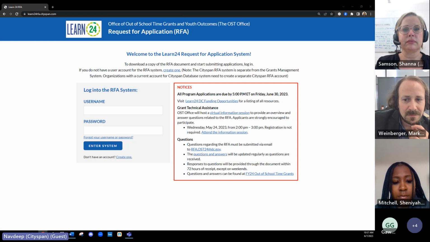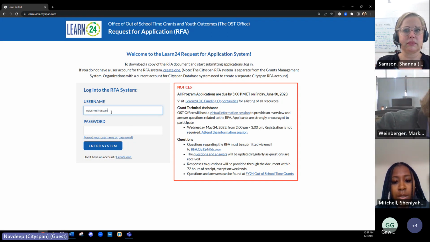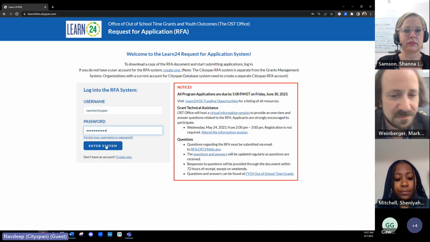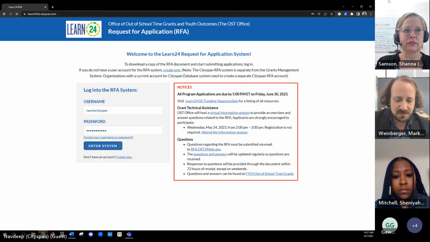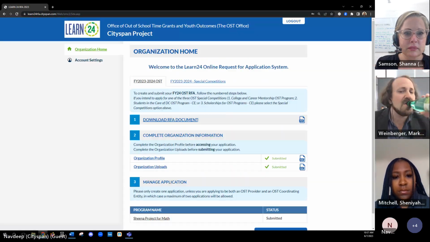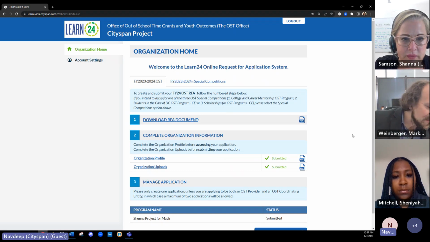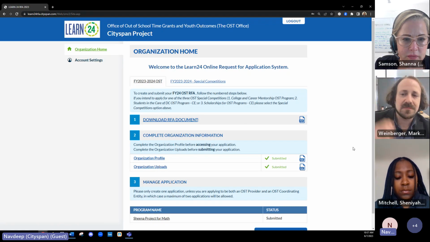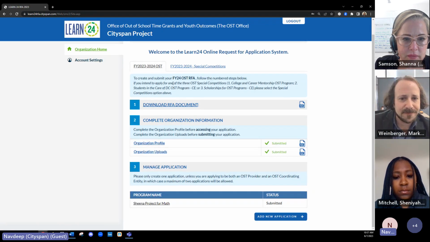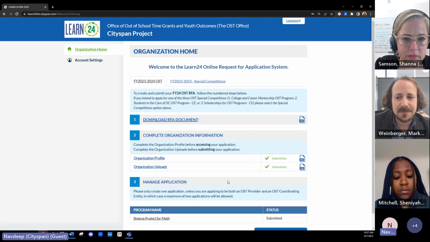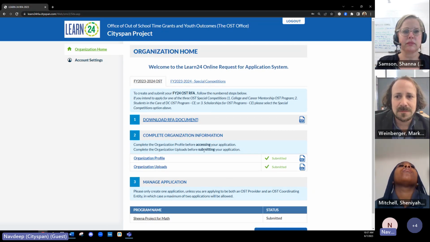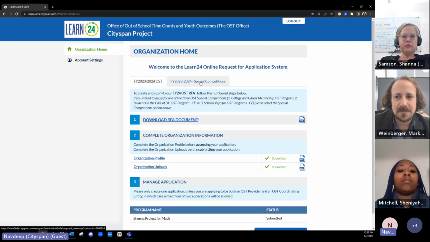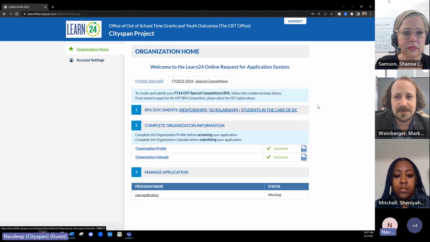So I'm actually going to log into my existing account so I can show you how the new workflow works for the special competitions. So here's my username, password, and click enter system. All right. Once I've entered the system, you will see by default, I will land at the 22-24 OST RFA page. So you can see I submitted my RFA for the OST, and I now want to apply for special competitions. So if that is the case, you will click here, special competitions, the next tab, and you will see